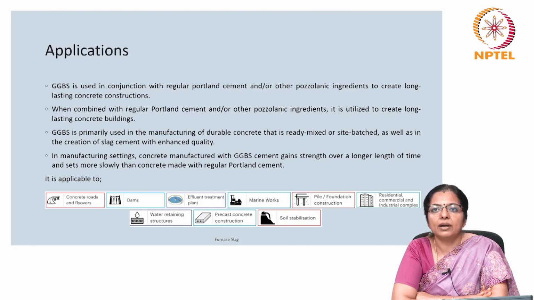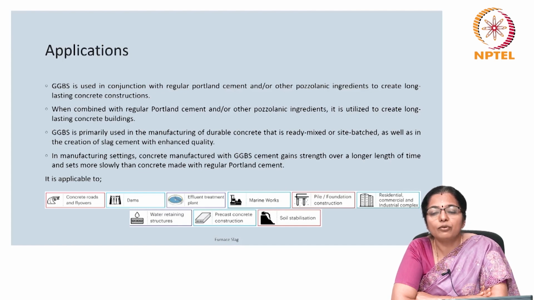Ground granulated blast furnace slag plays a crucial role in the manufacturing of slag cement with enhanced quality. In manufacturing settings, concrete with GGBS cement gains strength gradually over an extended period and sets more slowly compared to concrete made solely with regular Portland cement. Its applications are diverse, extending to concrete roads, flyovers, dams,